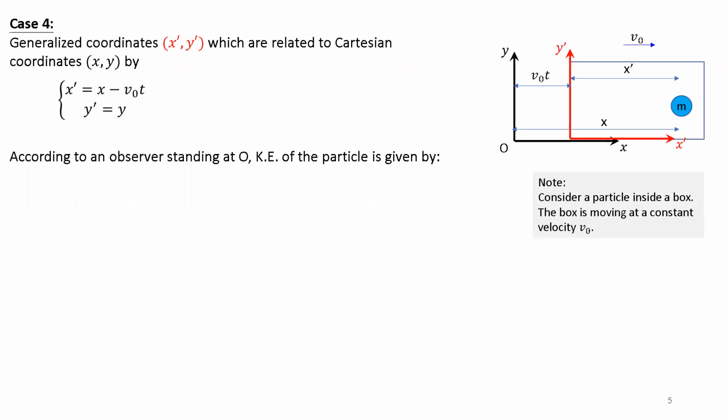This one. I think you might have seen this before. You can call this the Galileo transformation. So what we have here is the black coordinate system, the xy, which is a coordinate system at rest. And then you have a car, or box, moving at a constant velocity v naught,